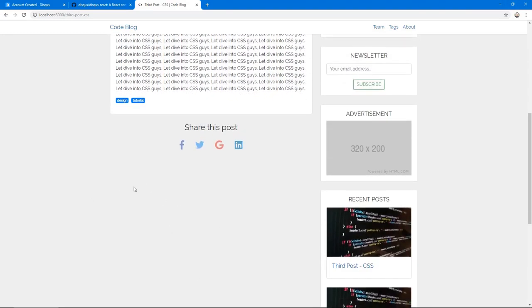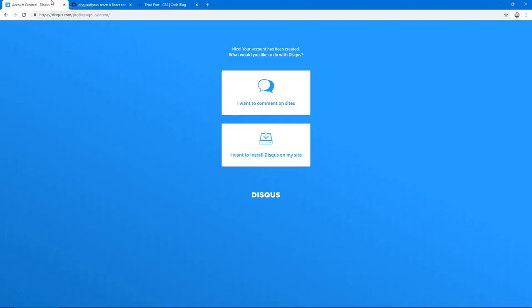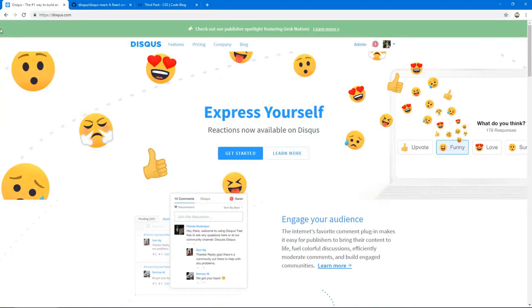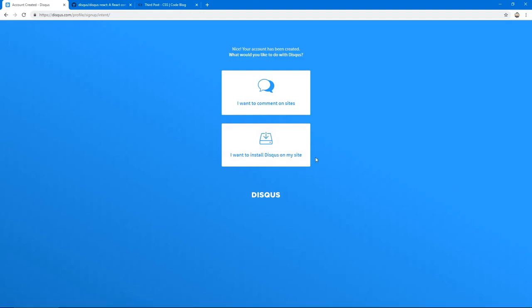So let's add the DisQus plugin, and before we do that, actually, we need to go to DisQus.com, and then you click get started, and then we click I want to install DisQus on my site. I've already done this. It's going to take you through a simple process where you give it your domain name and then you register your website, and it gives you a short name